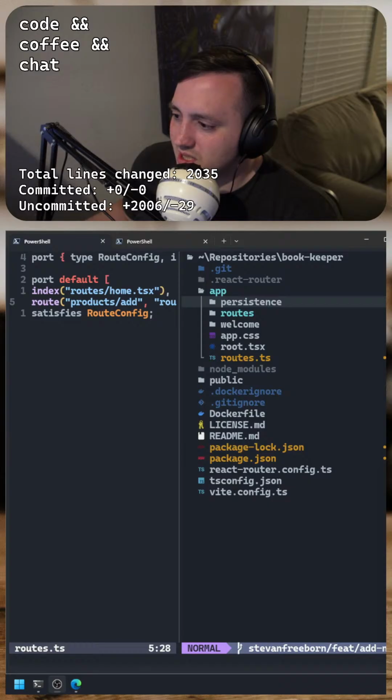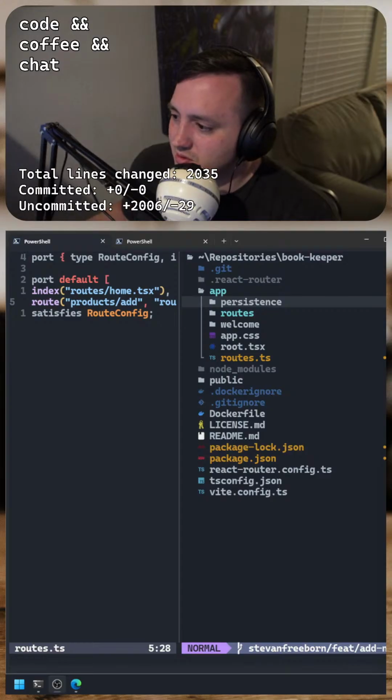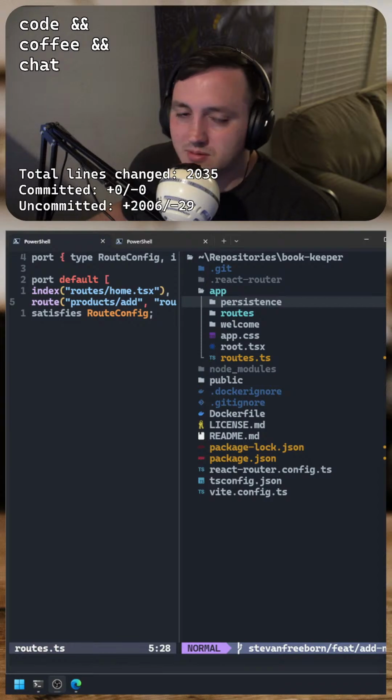Banco, is that Unity engine? This is not Unity. This is React. This is React Router is what we're at the moment. I've never worked with Unity. I do write C#, but